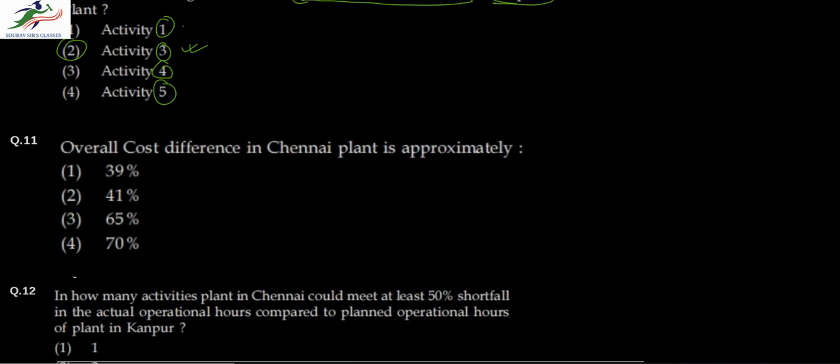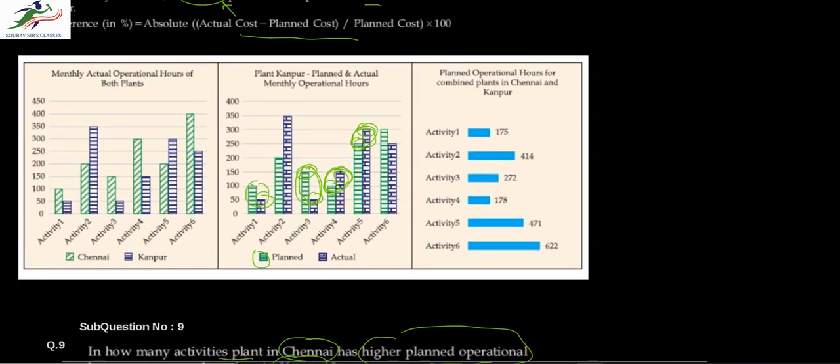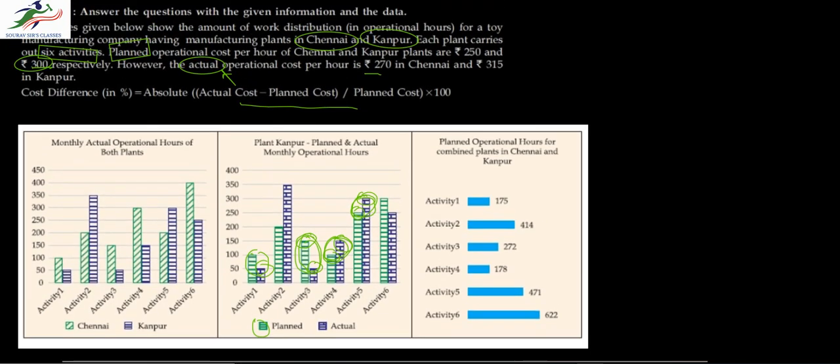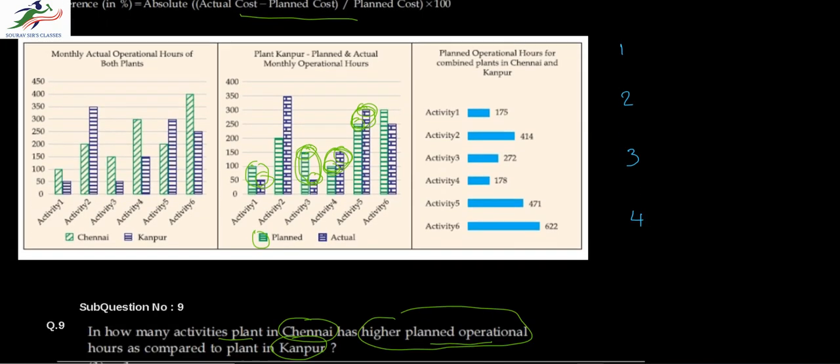We move to the next question, which asks us to calculate the overall cost difference in Chennai plant. So we have to do the same exercise that we did in the previous question, this time for the Chennai plant, and this time we have to calculate all the activities, the cost difference for all the activities. Then only we'll get the total cost difference. So let's do that. So we have activities 1, 2, 3, 4, and 5 and 6,